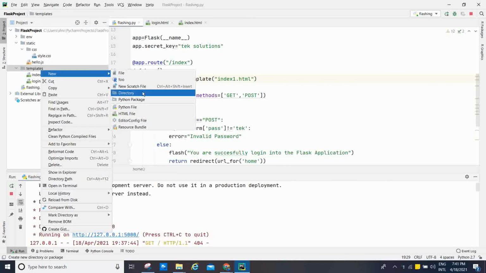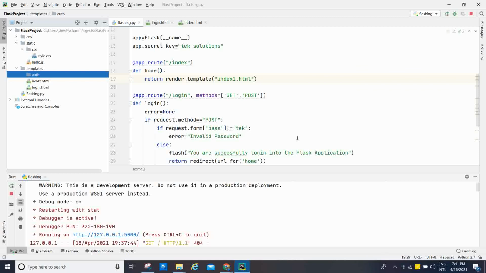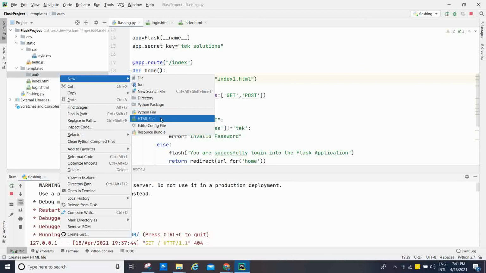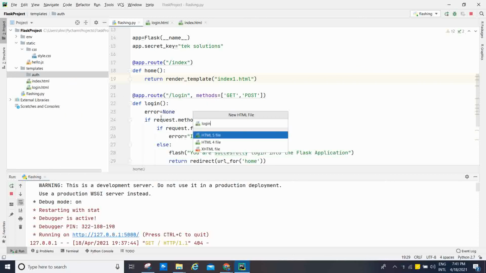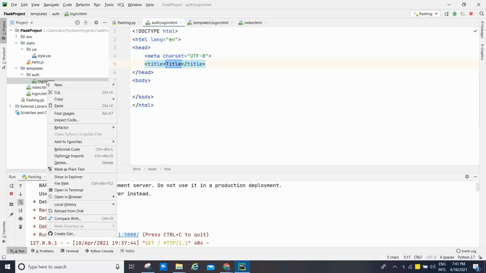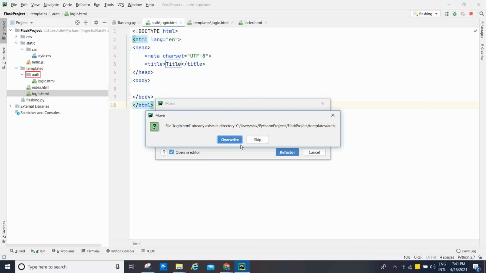Inside auth we create the login file, login.html.